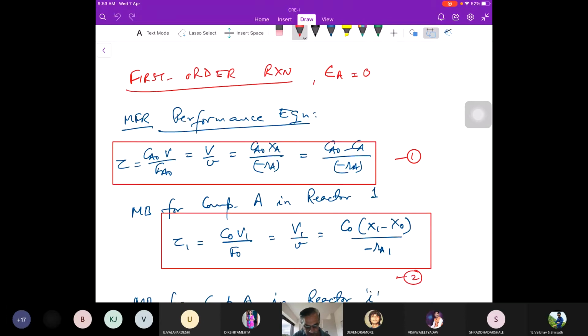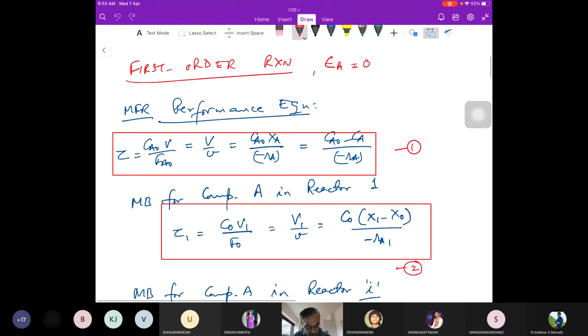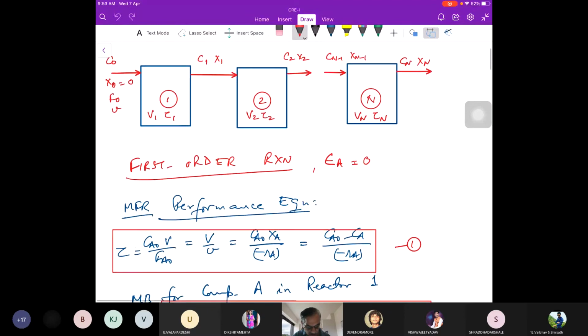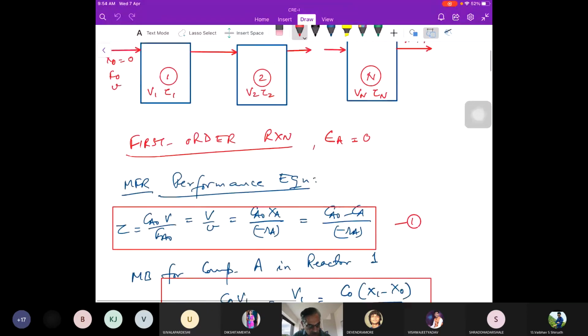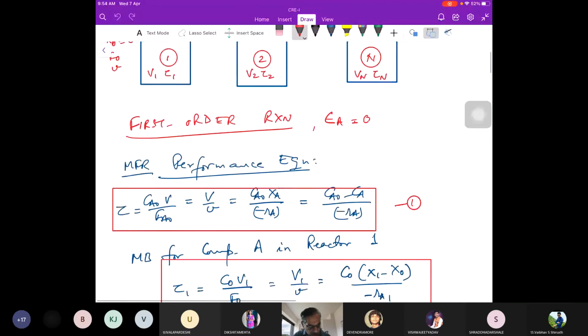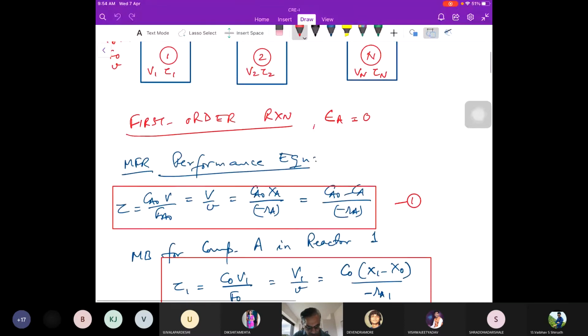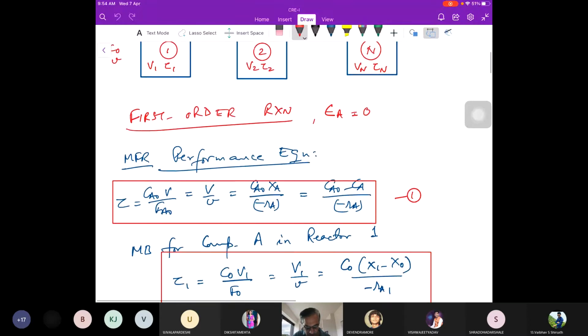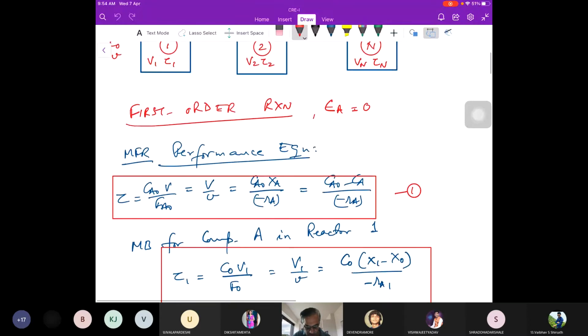If we apply this for the first reactor, we get tau 1 is equal to C naught, the inlet concentration to reactor 1, into V1, the volume of reactor 1, upon F naught. F naught is the molar flow rate, and that is equal to capital V1 upon small v, and that is equal to C naught, the initial concentration, into X1 minus X naught, which is nothing but